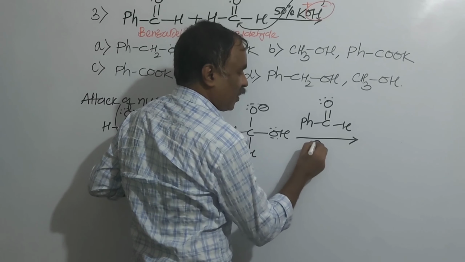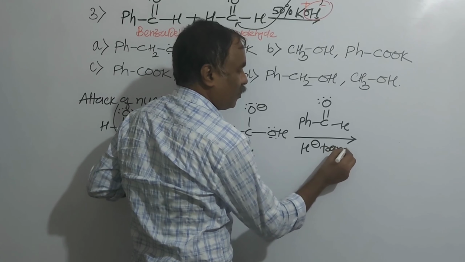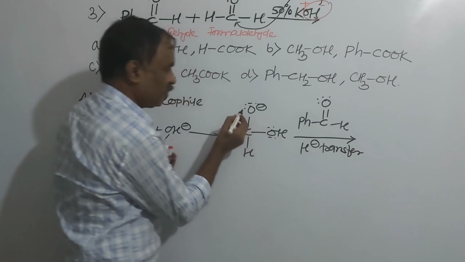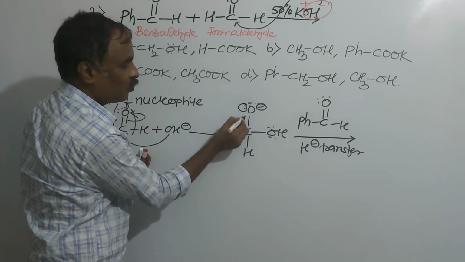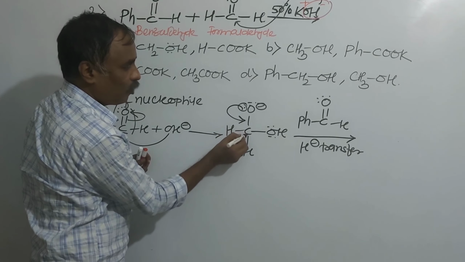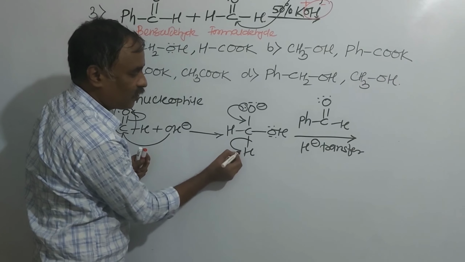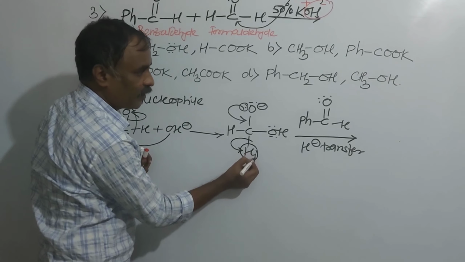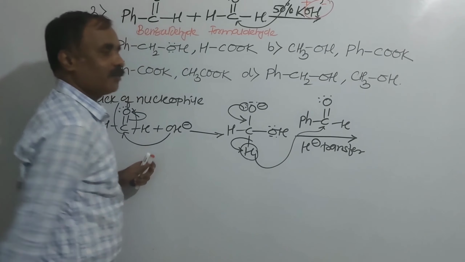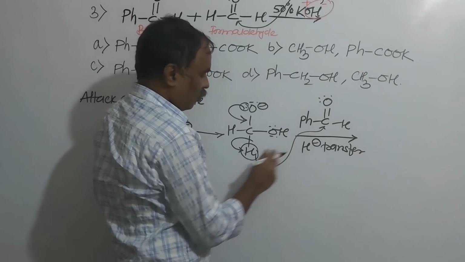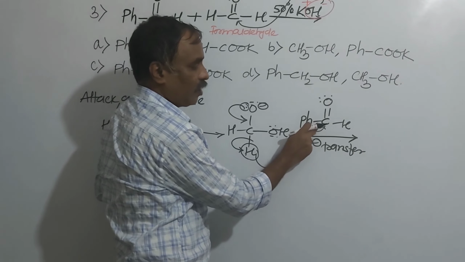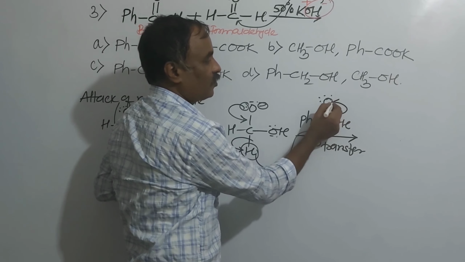Here, hydride transfer, H minus, hydride transfer mechanism. Now reshuffling and shifting of these two electrons towards carbon, and here formation of pi bond, again a double bond. This carbon will be pentavalent, so breaking of the carbon-hydrogen single bond, here formation of H minus and hydride transfer, and formation of a new bond between this hydride and carbon. Now this carbon is pentavalent, so breaking of this.